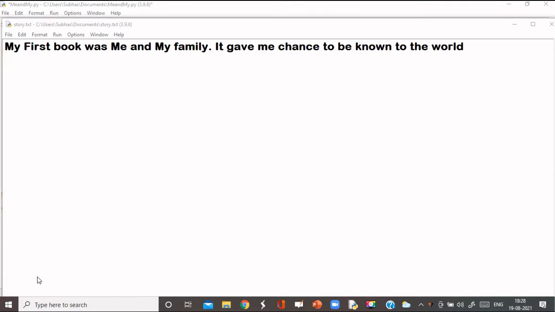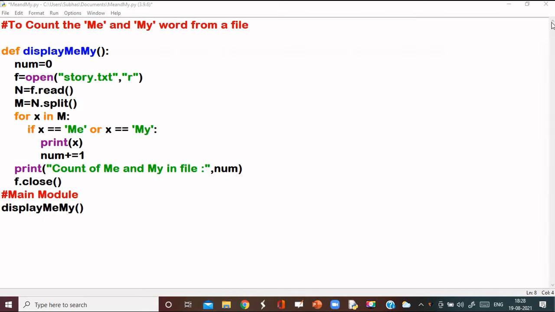Now you can see the file story.txt, which contains three words: first "my", then the second, and this is the "me", and this. So you can check. This is the demonstration of how to read the contents of a file, and then read each and every word of the file.